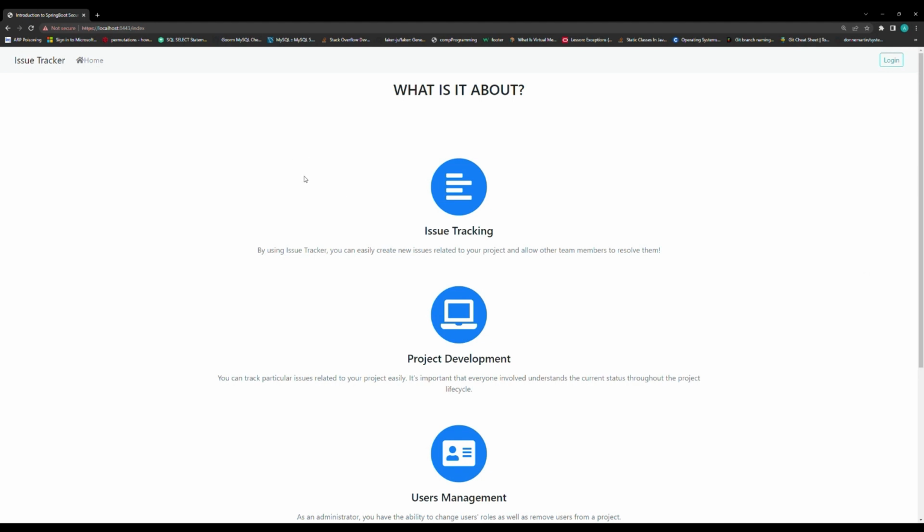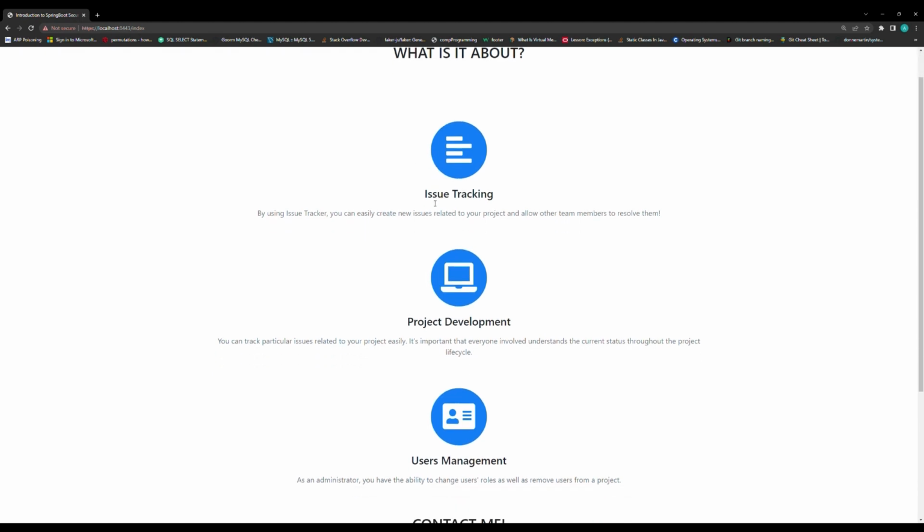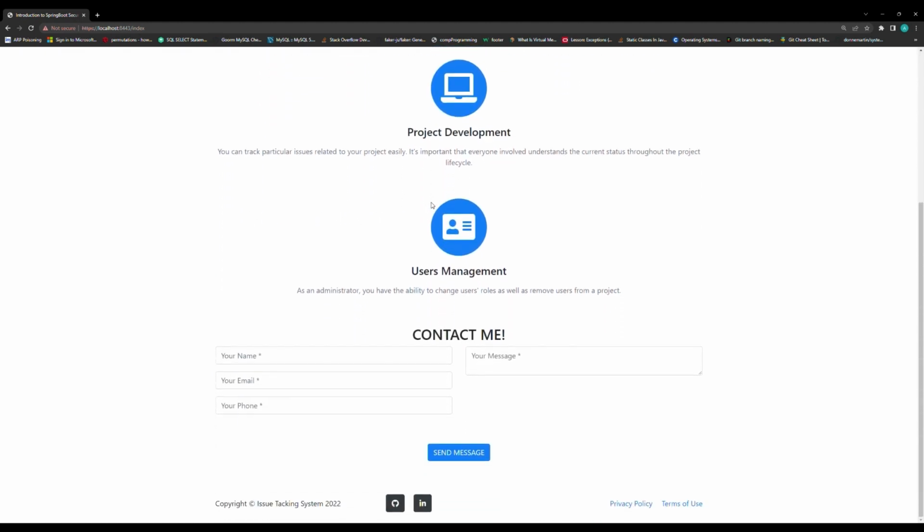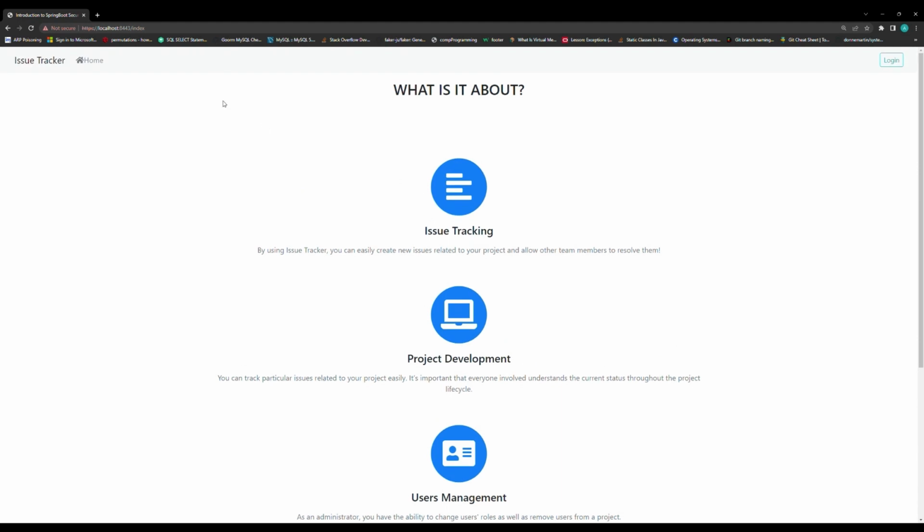And now we are at the application landing page. We can see here that this is an introduction about what the application provides. And above we can see that the application server is listening at port 8443. And this was discussed in the